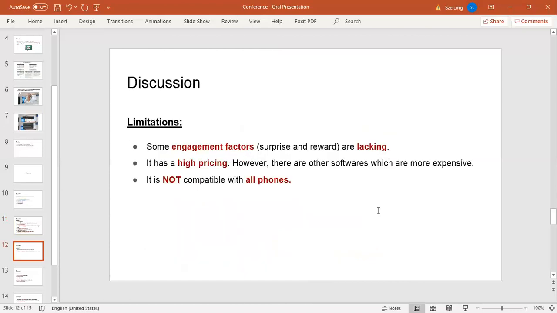So moving on to the limitations. First of all, some engagement factors are lacking, for example, surprise and reward, and it also has a high pricing, which is not that favorable because there are some other softwares which are also expensive, but in general, game-based learning programs, softwares are very expensive, and it might not be compatible with all